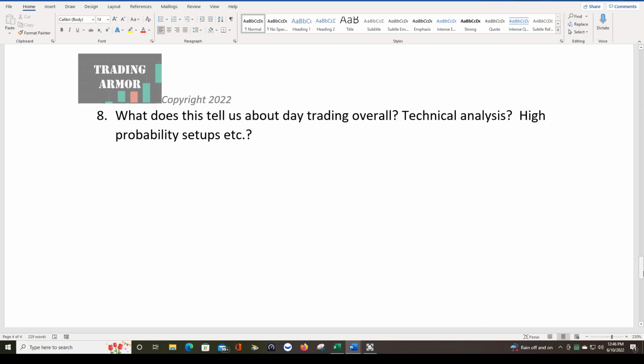Does technical analysis work? I would say that the results of this plan kind of argue against technical analysis, but you can see that if you use the results in a statistical way, you can still use technical analysis to give you an advantage in the markets. The reason why I say that this kind of shoots technical analysis in the foot is that if this was really a high probability setup,